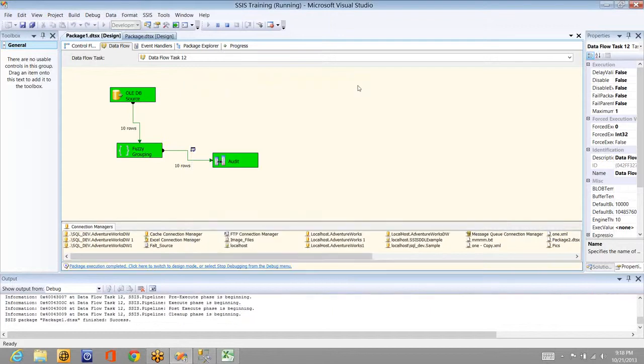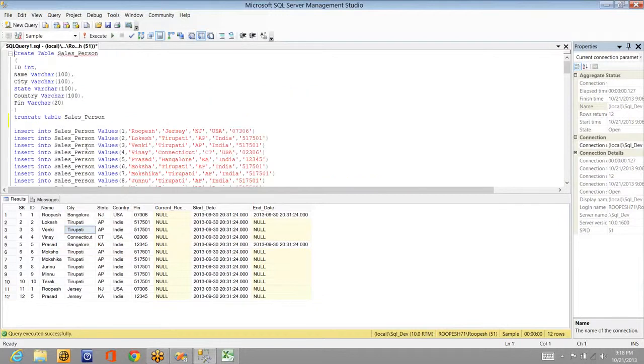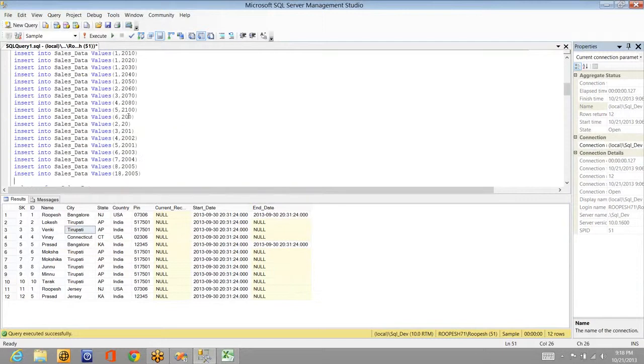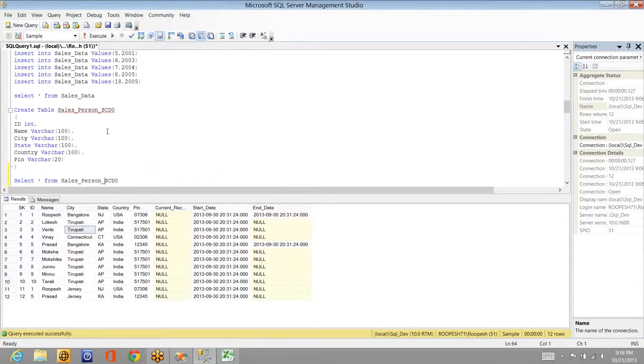But to go for a more realistic example, now I'll change the names of the Tirupati, I'll change the name. Just observe the changes I'm going to do. So where is the update query?